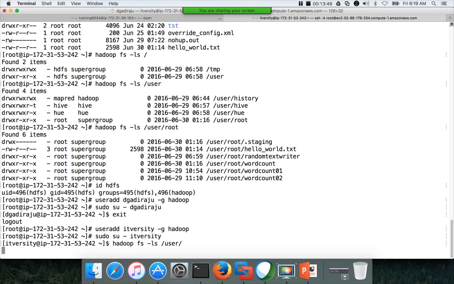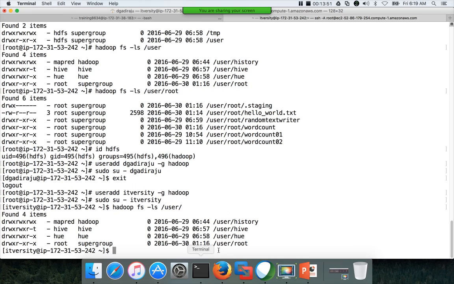fs -ls /user, hit enter, it will show the same users which we have: user root, user hue, user hive, user history. If I try to copy files to any location other than user history, where everyone has read, write, execute permissions, it will not allow. To have a user space for itversity, typically in projects, we will create functional users like this.